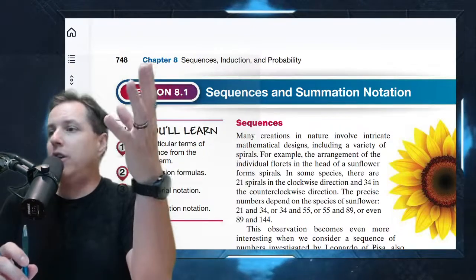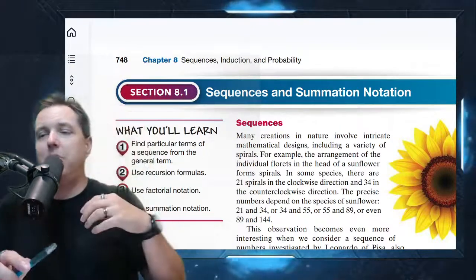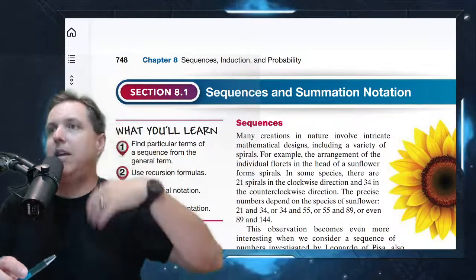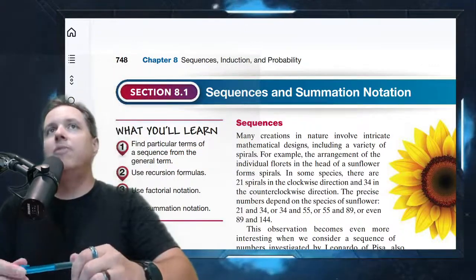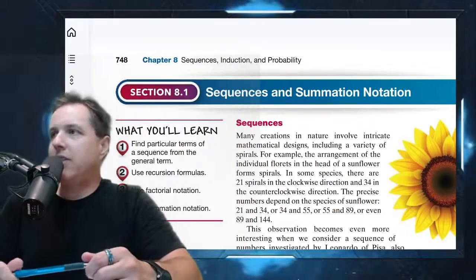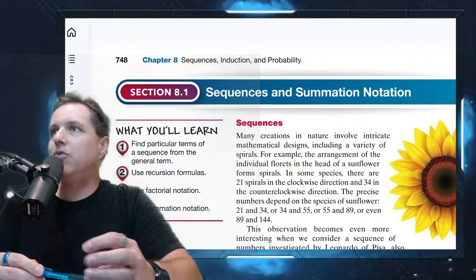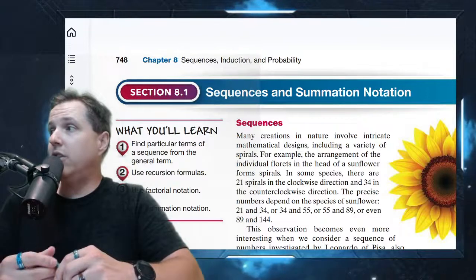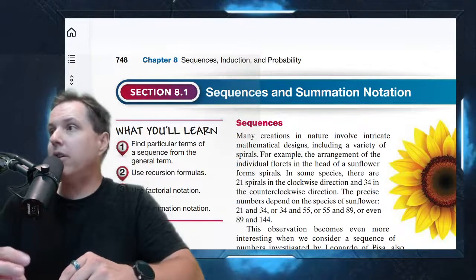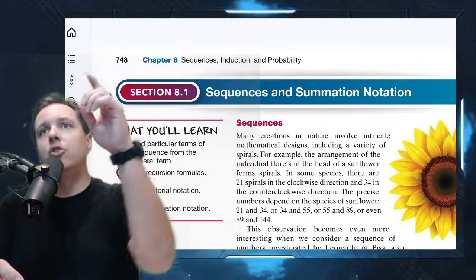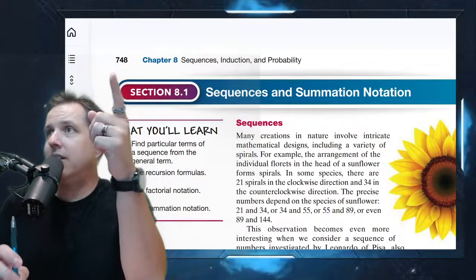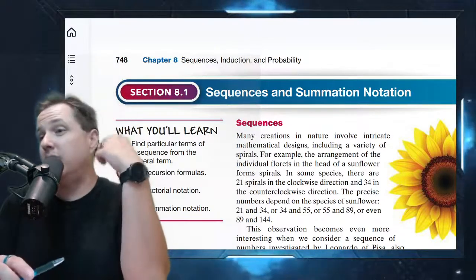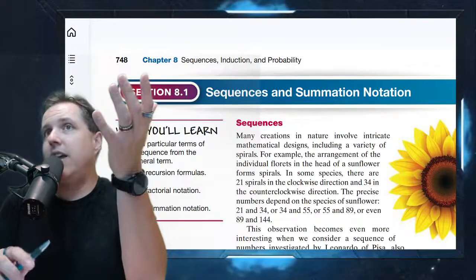We're not just solving equations. You know, that used to be kind of the buildup for a chapter. We'd learn about the behavior of a type of function, then we'd solve equations with it. This is sort of a deviation from that. This is getting into concepts that you use differently than just solving algebra, right? Those of you who are taking Calc 2, you're going to have a whole chapter on sequences and series. It's going to play a big role there, and you're going to do some much fancier stuff in there than we do in here.